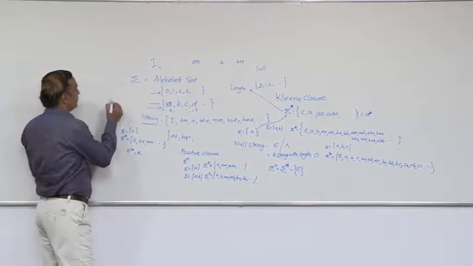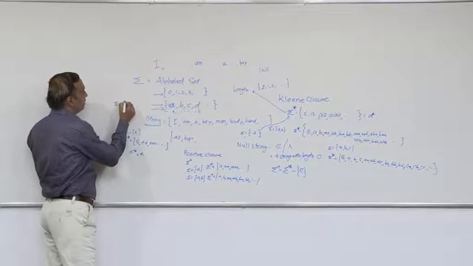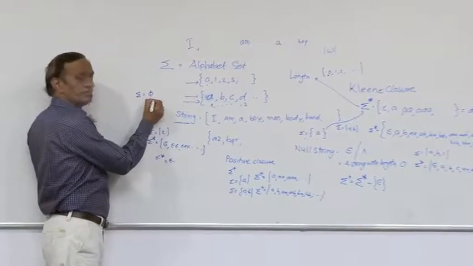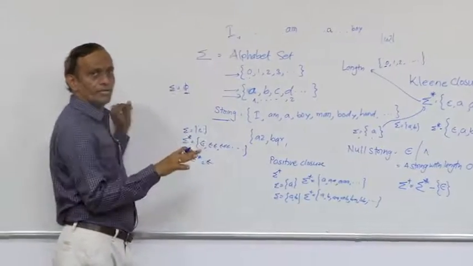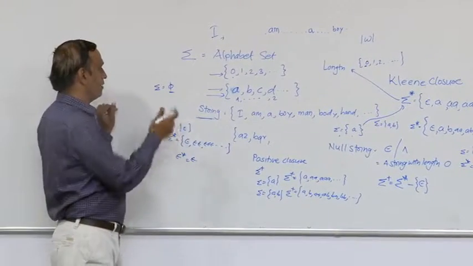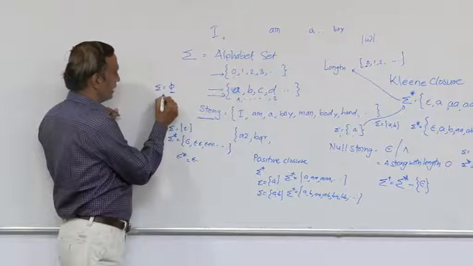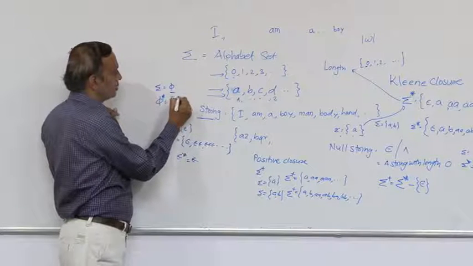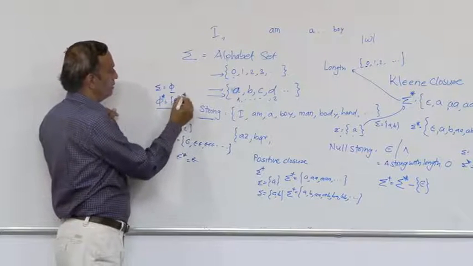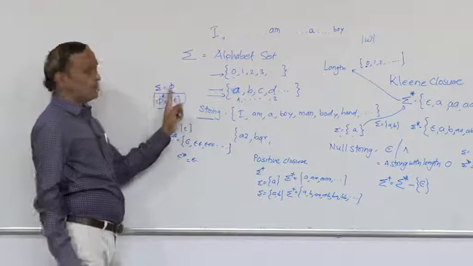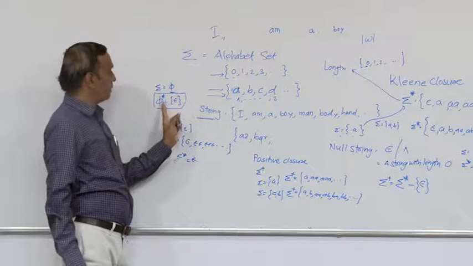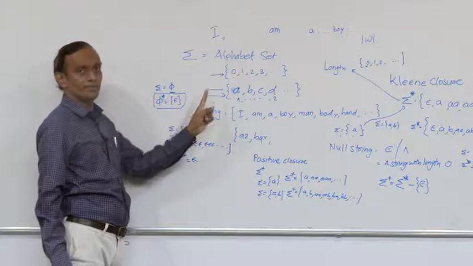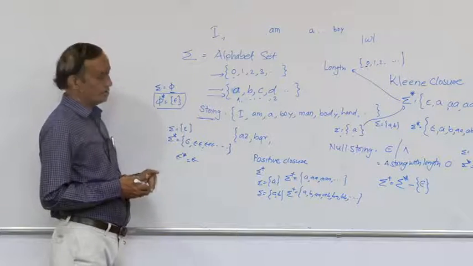Now what if my sigma contains null? This is the null set. Then what would be my sigma star? Even if it is the null set, if I don't have any alphabet available, then if I try to calculate star or Kleene closure, this will always result in an epsilon symbol. This is because even if my input alphabet is phi, ultimately the null string would always be there, and it may have multiple such strings available there. Fine. Thank you.